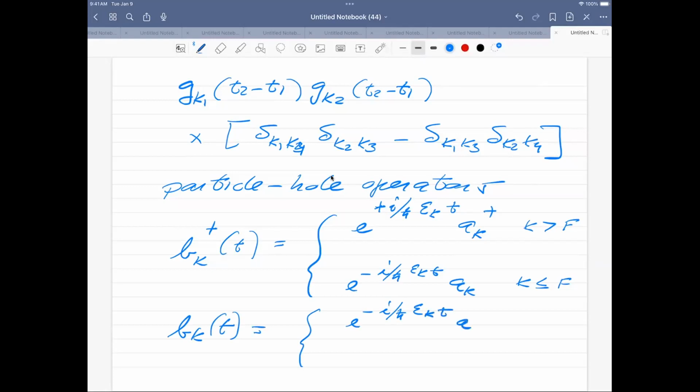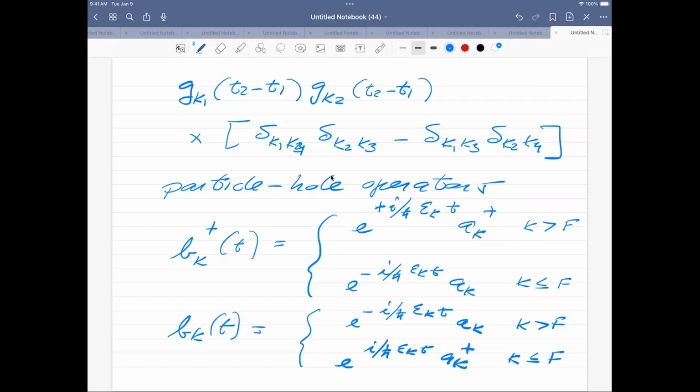And this is given by a_k, and then this applies to k larger than k_F. And then I have e^(-i/ħ ε_k t) a_k† for k less than or equal to k_F. So that gives us now a modification of these